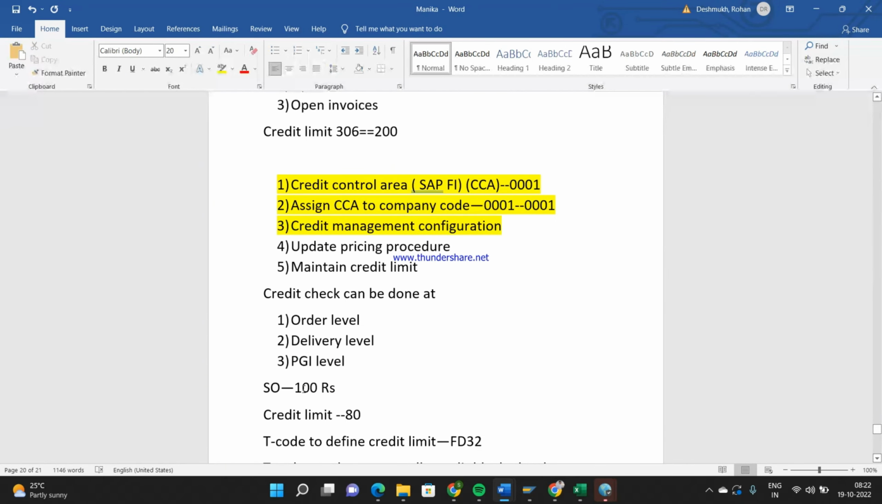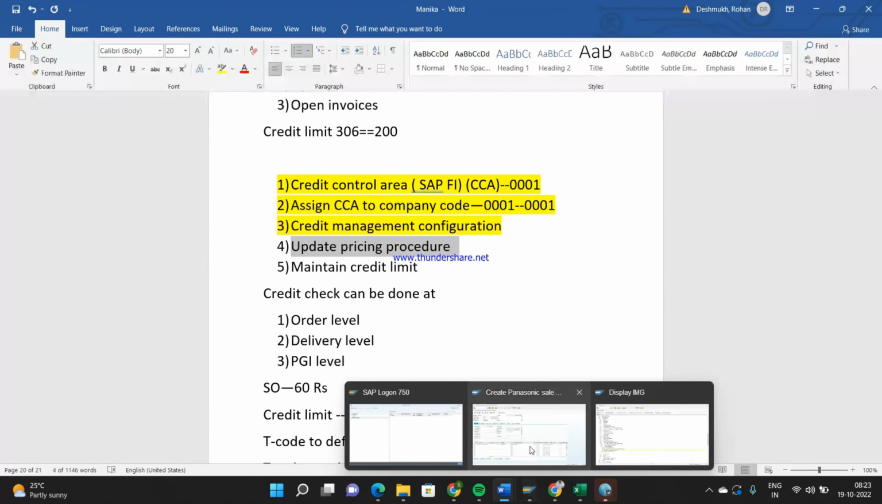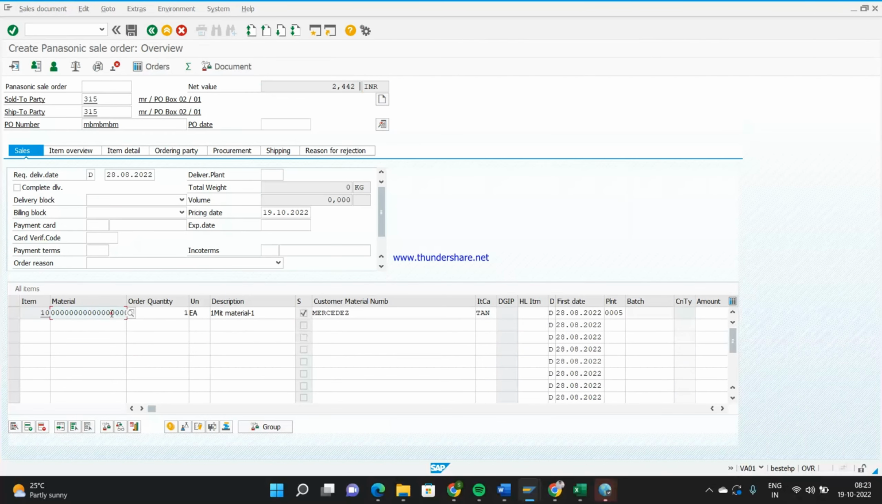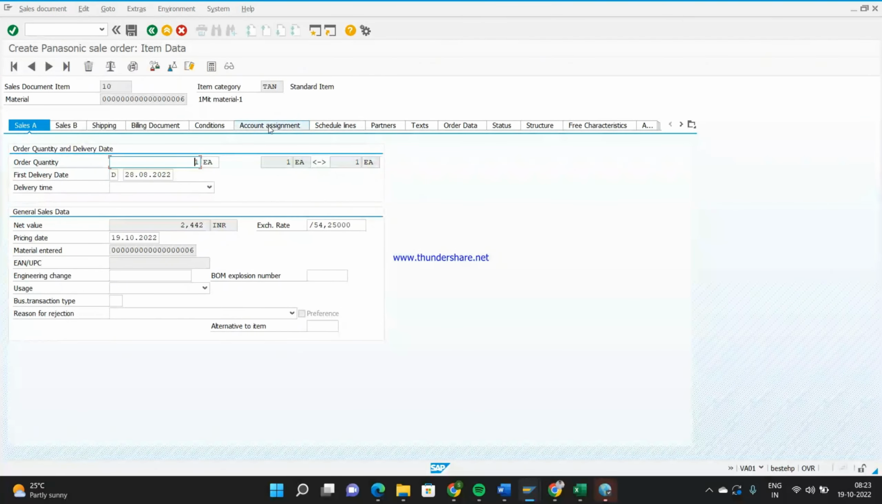But if my sale order value is, say, 60 rupees, then the system will compare 60 with the 80 credit limit. It will say, okay, 60 is less than 80, you are within your credit limit, I will allow you to create the order. Now where the system is doing this comparison is a very important configuration. This comparison will be done only if in your pricing procedure you update something that I will tell you. So let's do it for Amit. Amit, your pricing procedure is